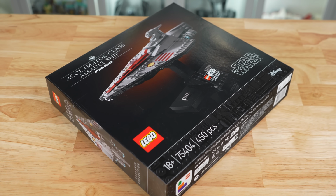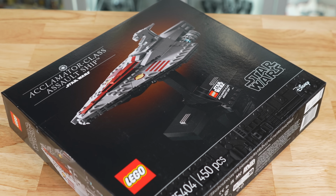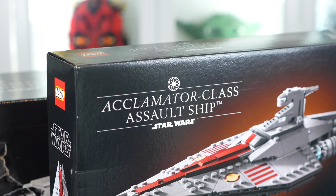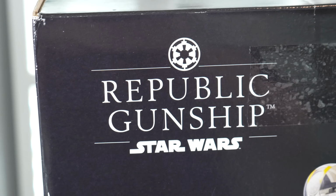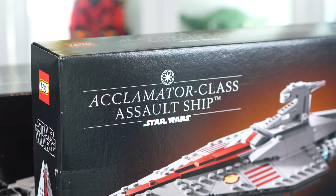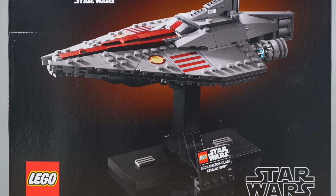The box art for this one, art really not being a great term here, is the Black Void, as this one is an 18+ branded adult set, and the most important thing we need to check though is whether or not they use the Imperial logo. Nope, it looks like they've got the correct Republic logo on this one, so that's already trending in the right